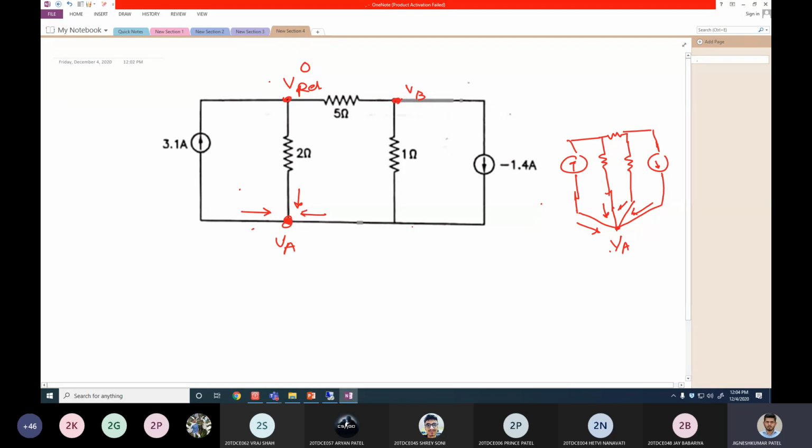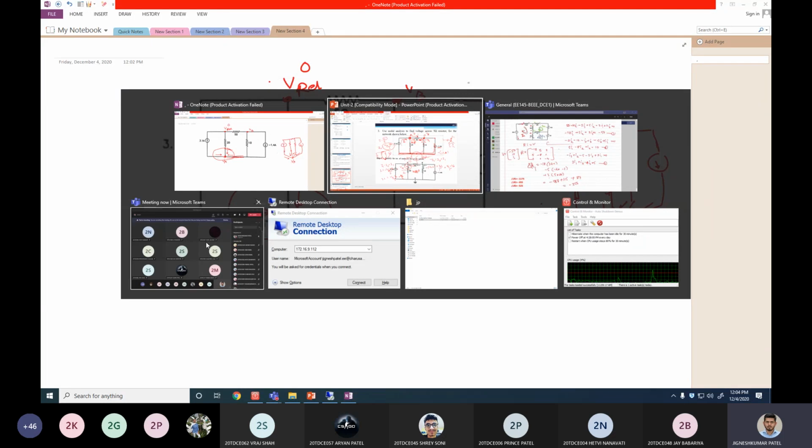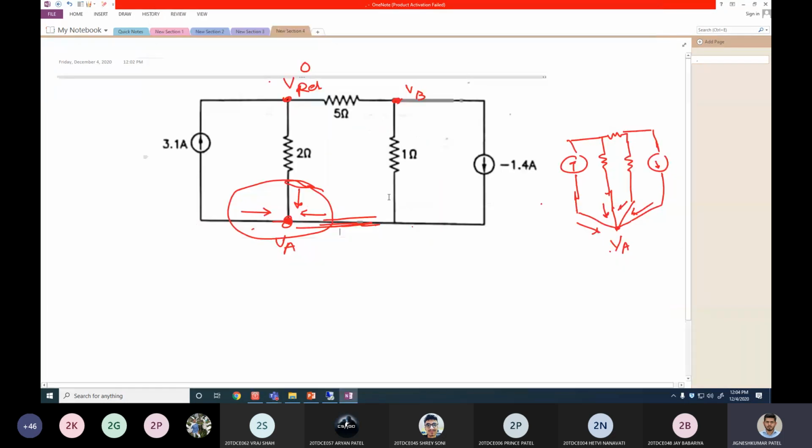But keep that in mind. This is a major issue. Whenever you change the reference point, like selecting this bottom point as the reference, and then choose your nodal analysis point, it is possible there are 4 or 5 lines coming in, but you will only see 3. If you assume this point, you will only see 3 lines. Clear? So you have to keep this in mind. Yes, Aryan, clear? Yes, sir. So keep this in mind whenever you take a different point.